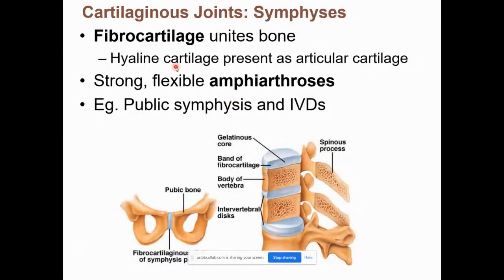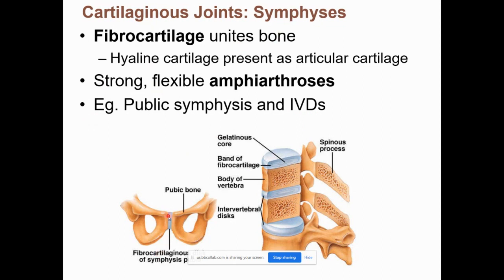A cartilaginous symphysis is where fibrocartilage spans the two bones. And we should know the only three areas in the body where fibrocartilage exists: between the vertebrae, those discs; between the pelvic bones, the pubic symphysis; and in the knee, our medial and lateral meniscus. But the knee has synovial fluid in it, so it's not only fibrocartilage, and therefore it's not a cartilaginous joint. But your intervertebral discs, IVDs, are fibrocartilage, so they are classified as a cartilaginous symphysis,